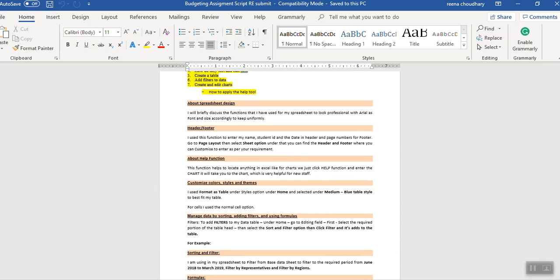Then coming to my spreadsheet, I will briefly discuss the functions that I have used for my spreadsheet to look professional. I have used the Arial font and the size I have used accordingly to keep it uniform. So for the header and footer,